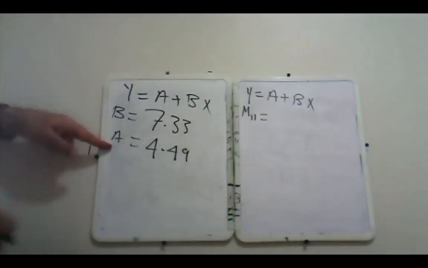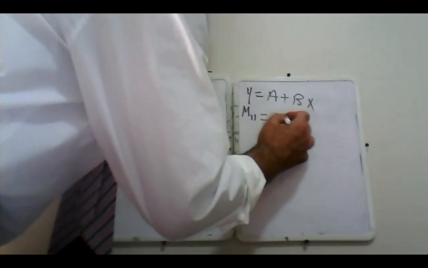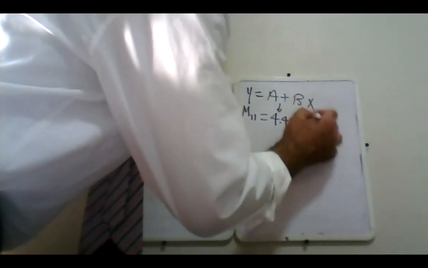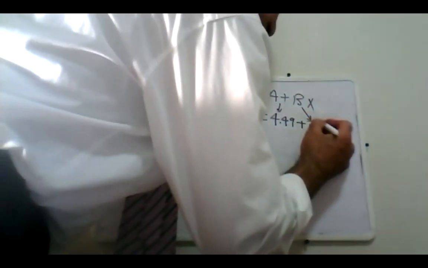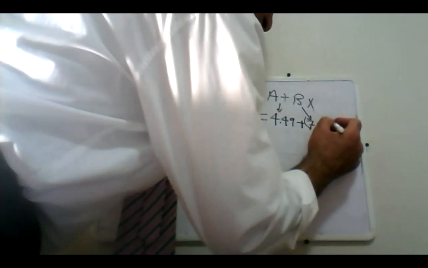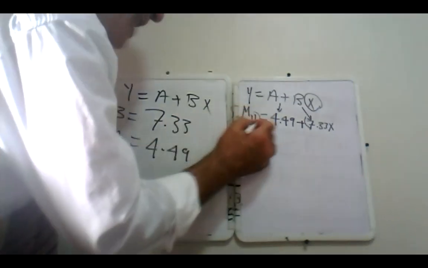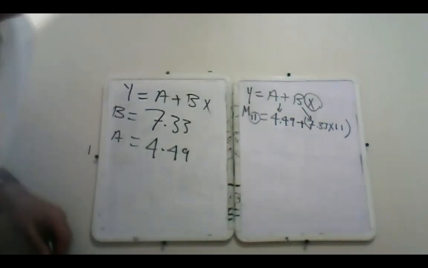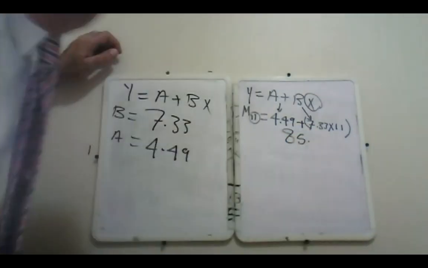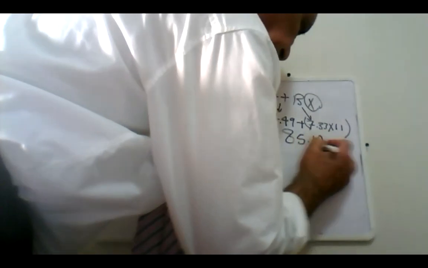So month 11 will be, how much is the A? 4.49. This is the A. Plus the B. How much is the B? B is 7.33. Look at this now. Look at my hand. Multiply by the X. Now the X is what? X is 11 because this is month number 11. Okay? And this will give me 85.12,